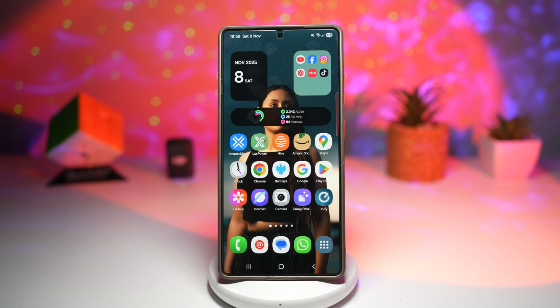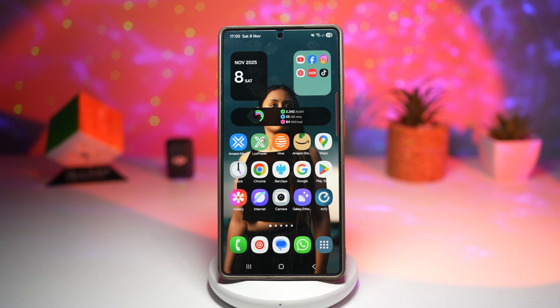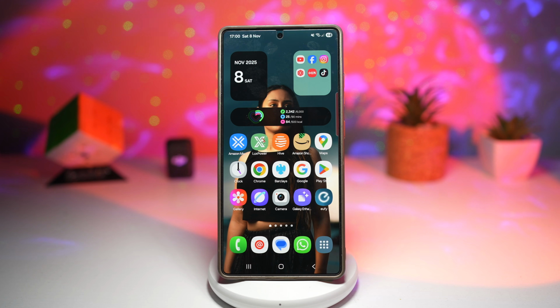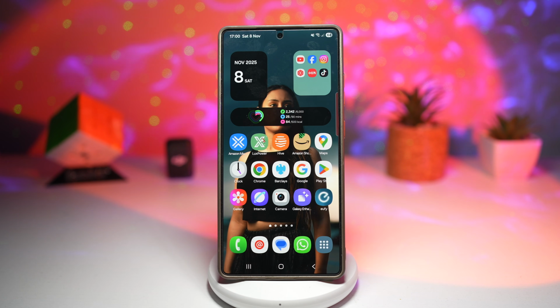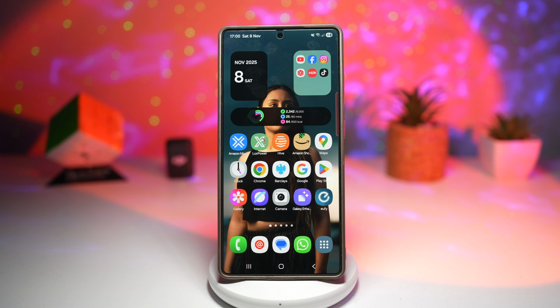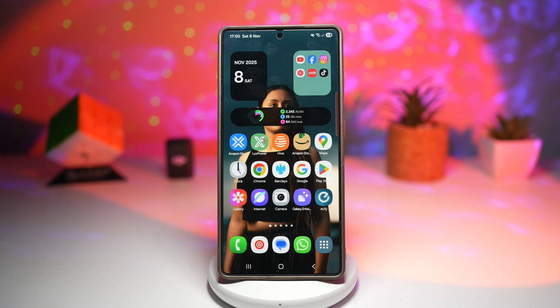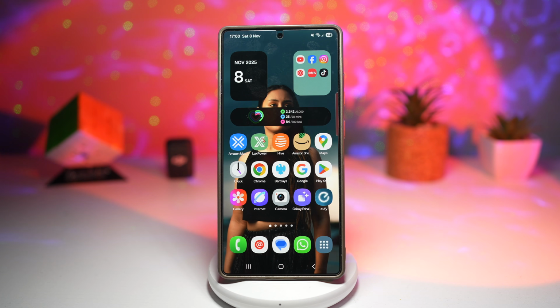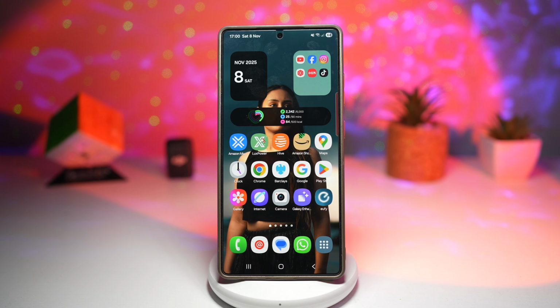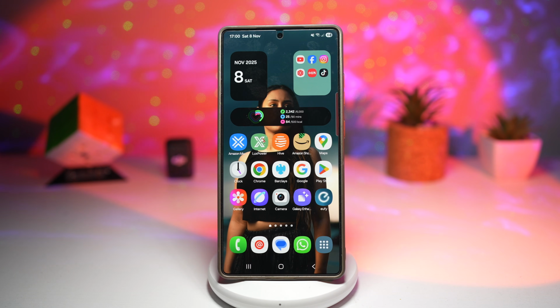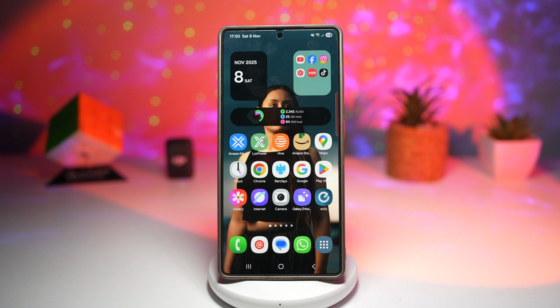In this video, I'll show you how to customize the clock on One UI 7 and 8. I know I have talked about this many times in the past. However, I still have people messaging me saying they're unable to use the new One UI 8 adaptive clock on the Samsung Galaxy device. So if you're someone who loves to make your phone look as good as it performs,